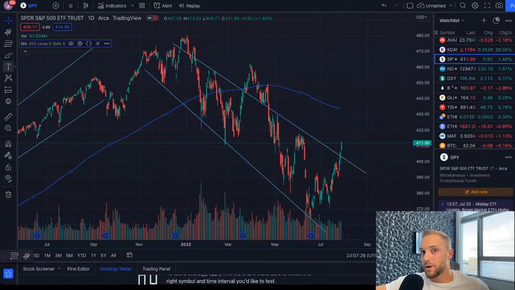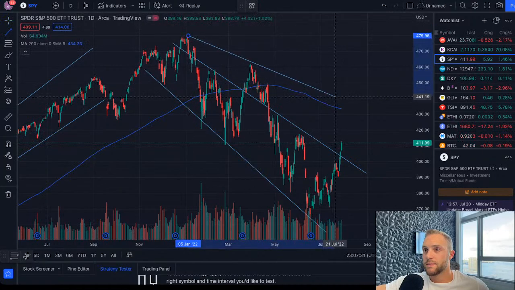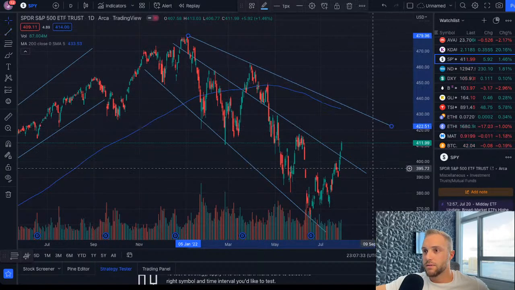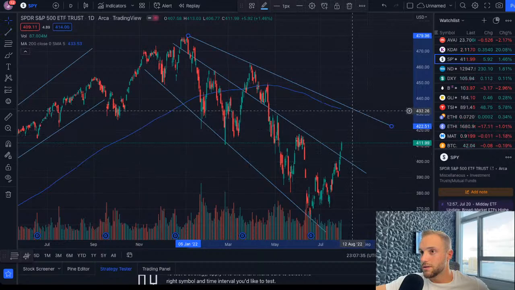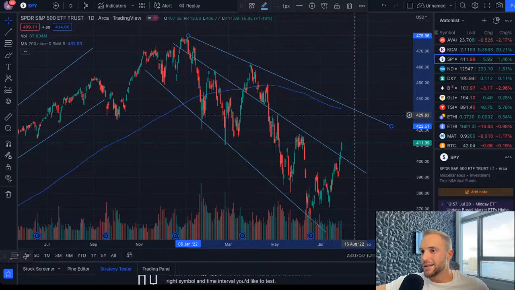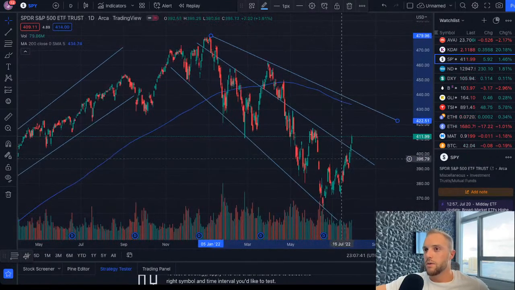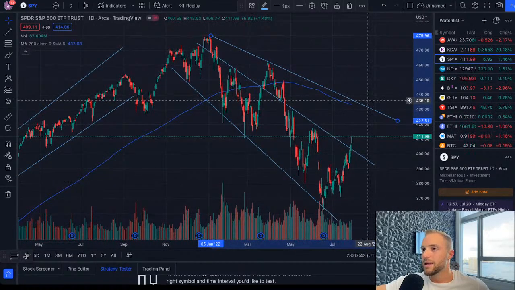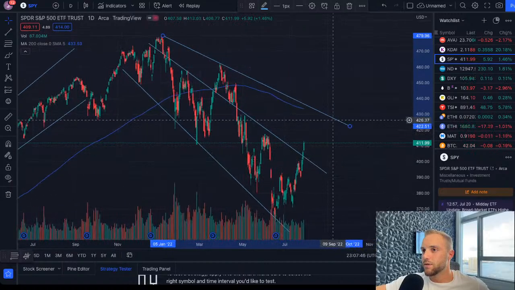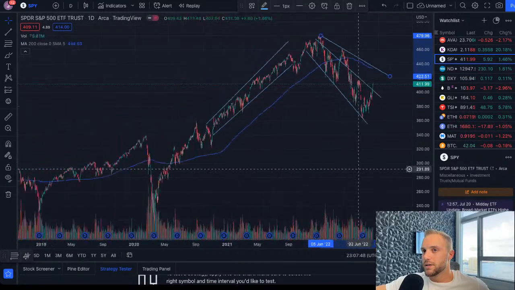I wouldn't be surprised if we tap a trend line like this, which would put us right up here, right close to the 200-day moving average. So this honestly would potentially be my target here. Overall, I'm feeling maybe we have a shorter term relief rally, and then I do believe that we are heading for lower levels. If we were to zoom out,